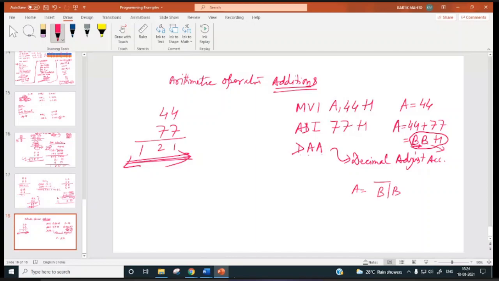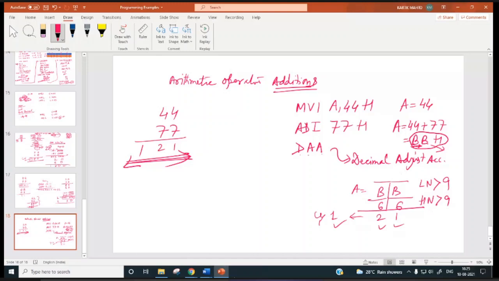The lower nibble is greater than 9, so it will add 6 to that. The higher nibble is also greater than 9, so it will add 6 to that nibble also. Now the result will be 2, 1 and a carry will be generated. So 1, 2, 1 is the result.